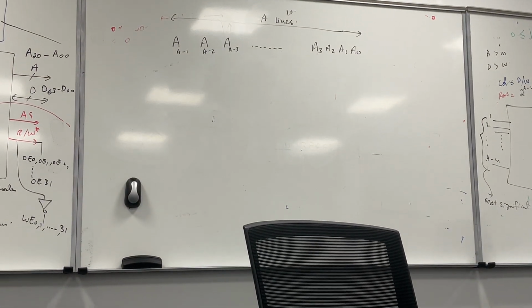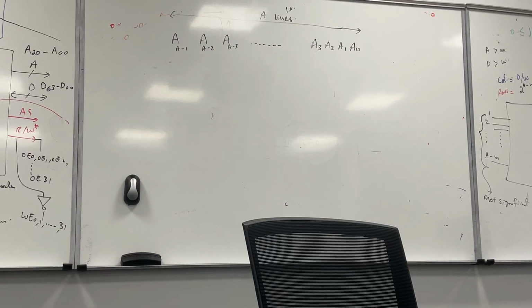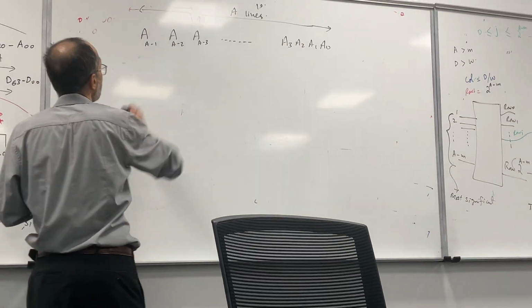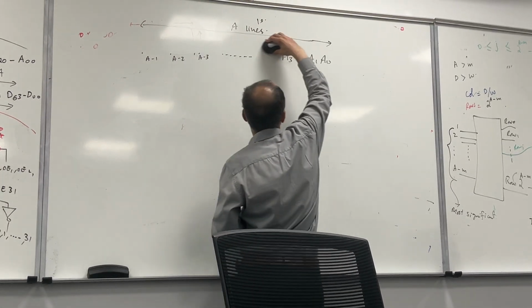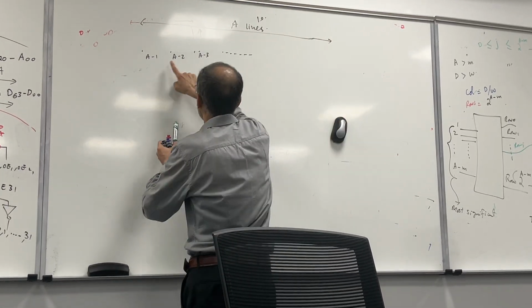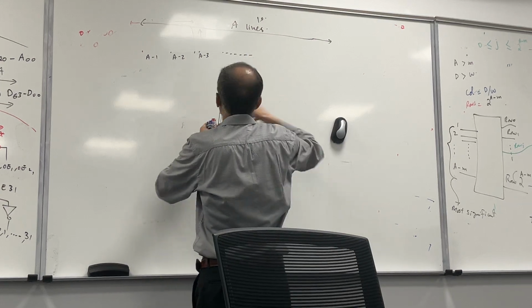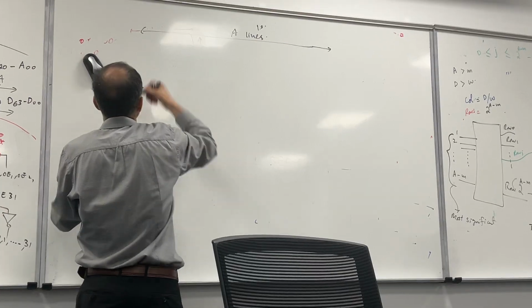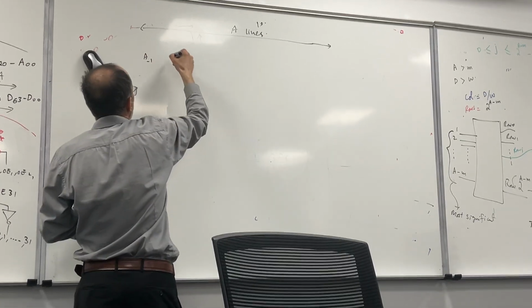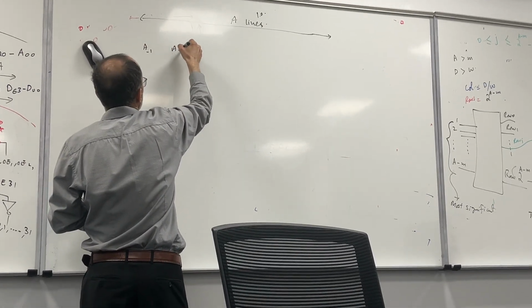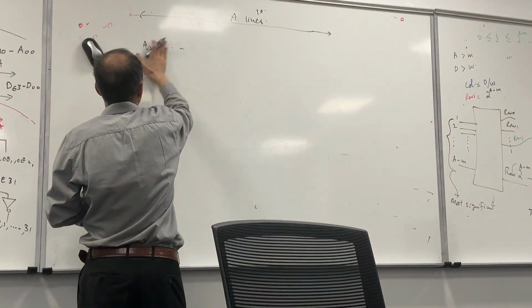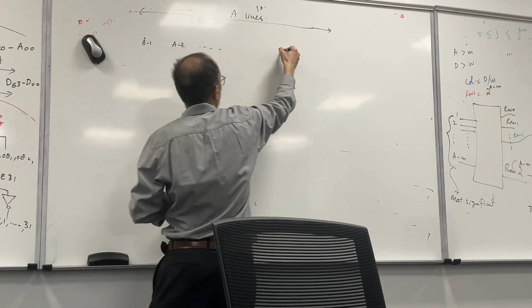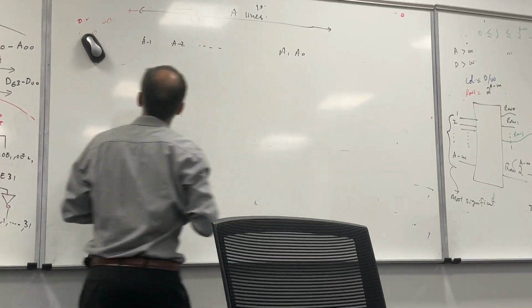Now from the memory side, we have M lines. So this is my address A. Can you see here, we have A lines, so we can call it A minus 1, A minus 2, A minus 3, and so on until A1 and A0. And then we have,